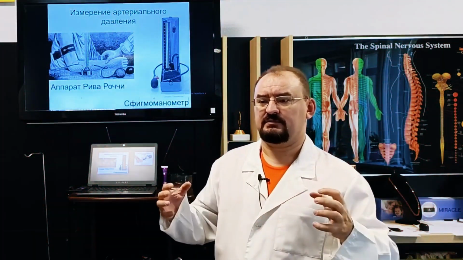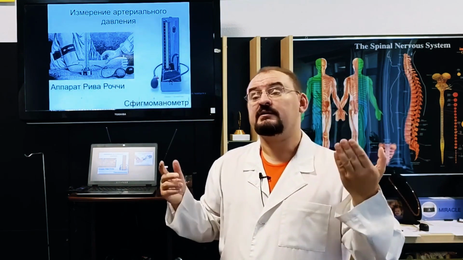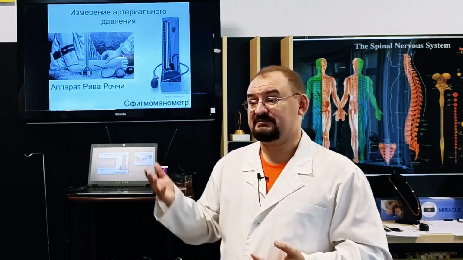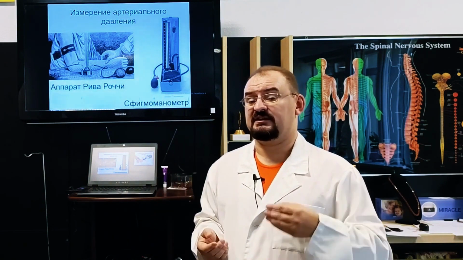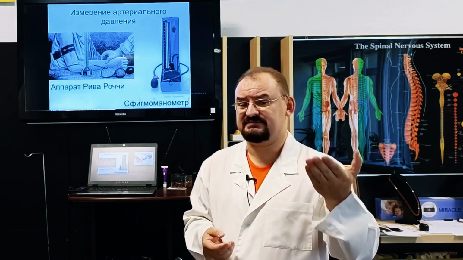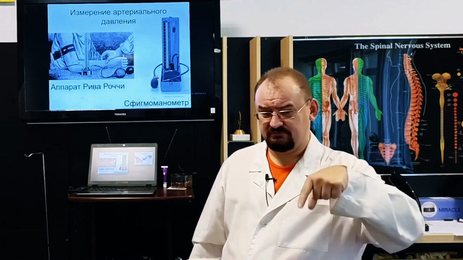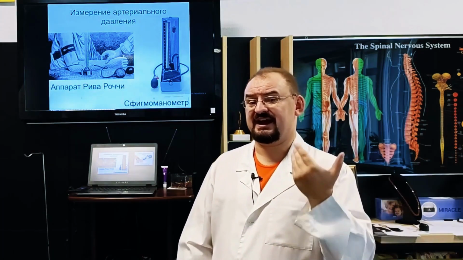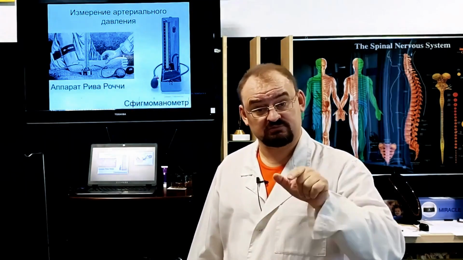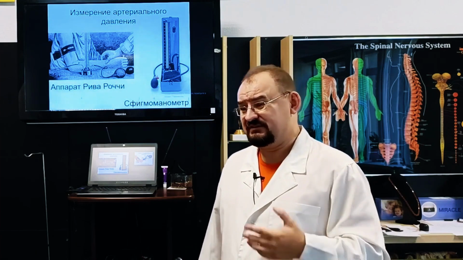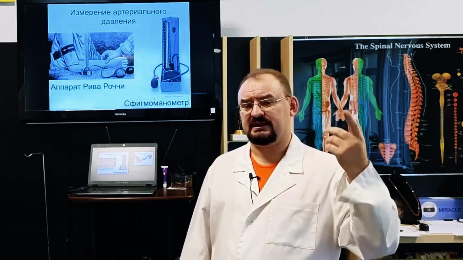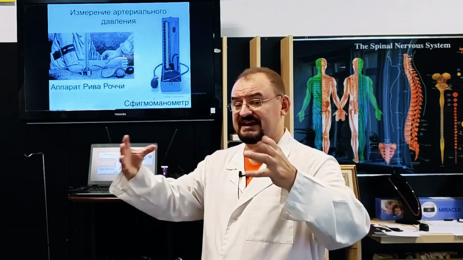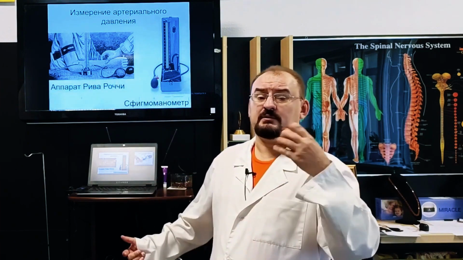Then, when the heart relaxes, the blood returns to the heart but encounters an obstacle in the form of the heart valves. At this point, the lower pressure that I record indicates how much blood is present in the vessels. And the amount of blood in the vessels, the amount of blood plasma, is determined by how much salt has been removed from or remains in the blood. So to some extent, the lower pressure is determined by the condition of the kidneys. And the lower diastolic pressure when the heart relaxes during diastole is also called renal pressure.